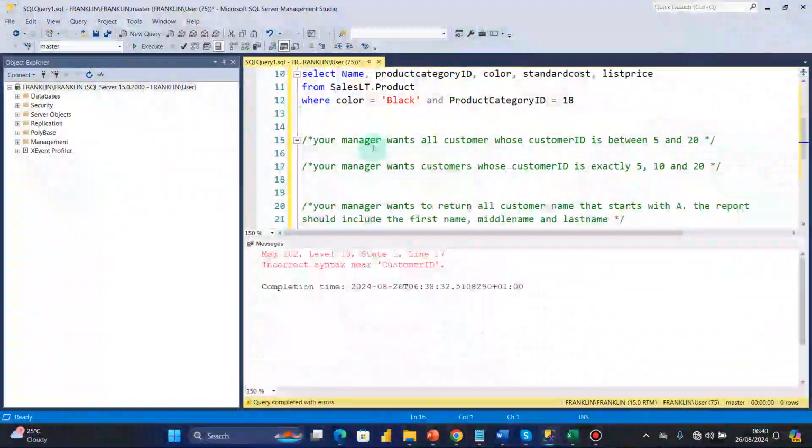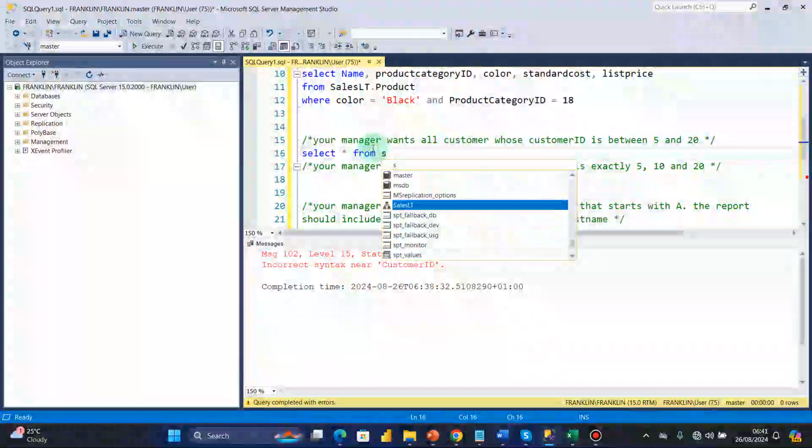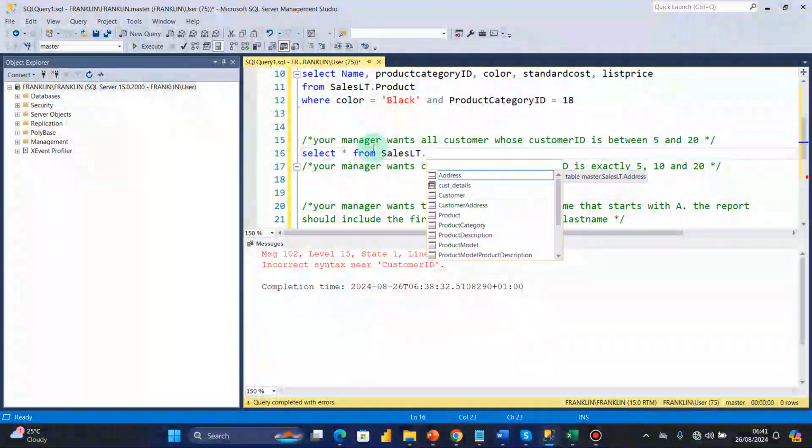Basically we want to use a range to look for customers whose values are between 5 and 20. Here we would use the between clause, and the between clause would take a lower limit, which is 5, and an upper limit. So I would say select star from SalesLT.Customer